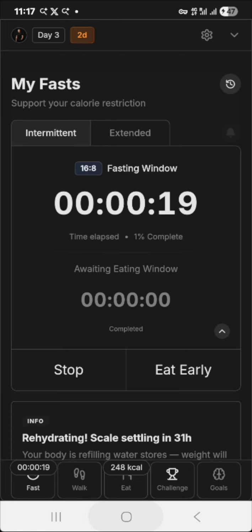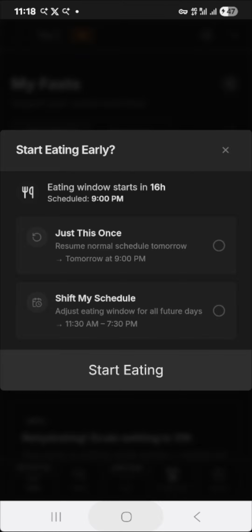But most of the time, actually, you don't want to start fasting right now. Maybe you want to start eating right now and then start the program. So to correct that, we can at any point in time during your journey click on eat early. And now you can say whether you just want to eat early today and then go back to the original schedule, or if you want to completely shift your schedule and from now on repeat that cycle at different